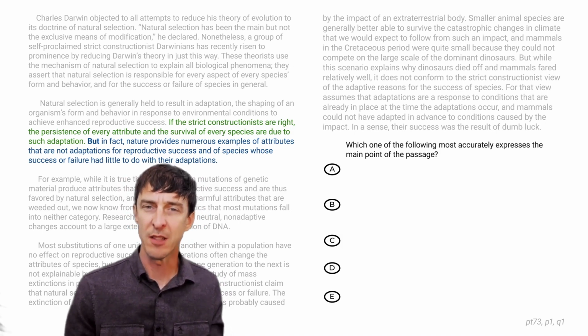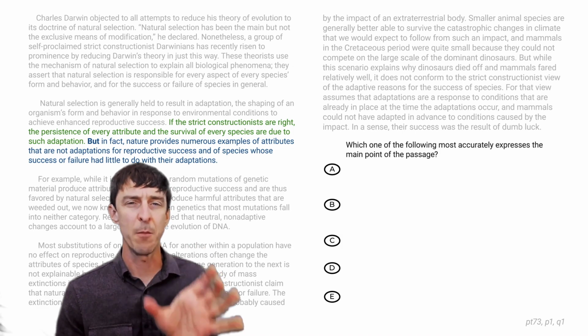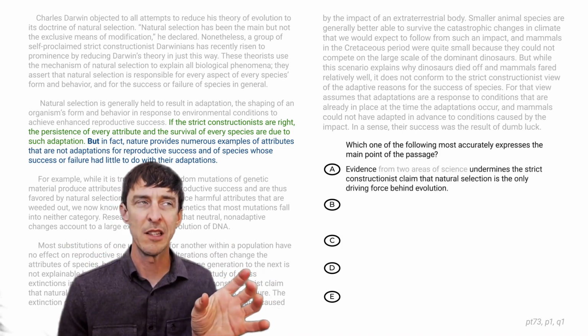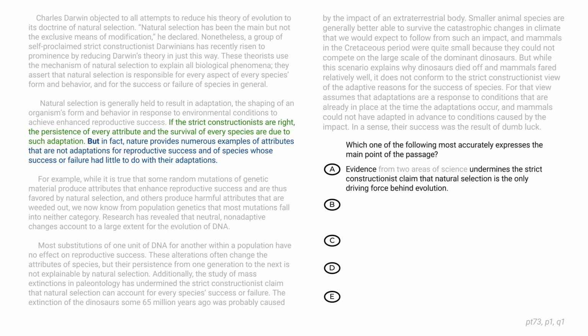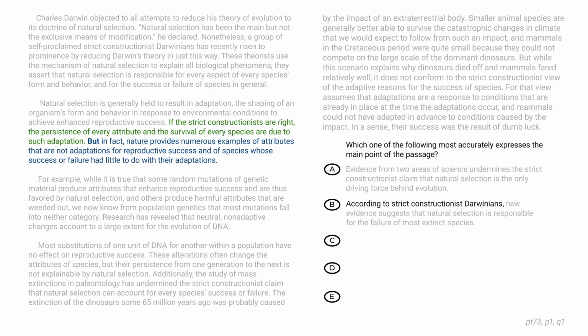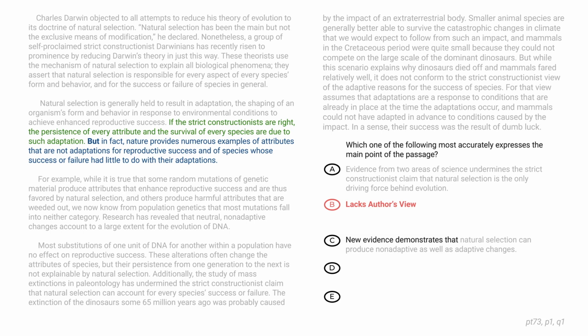When we read answer choices, especially long ones, you try to go right to the main clause, the subject verb, to see, like, is this saying strict constructionists are wrong? A is saying evidence undermines their claim. I would keep that. B is saying, according to them. Well, I don't want an answer that quotes them. I need the author saying they're wrong. You could potentially start an answer like, according to strict constructionists, X is true, but that's not right. But this answer doesn't do that. It just quotes them. So this is off the table. It doesn't have the author's view at all.